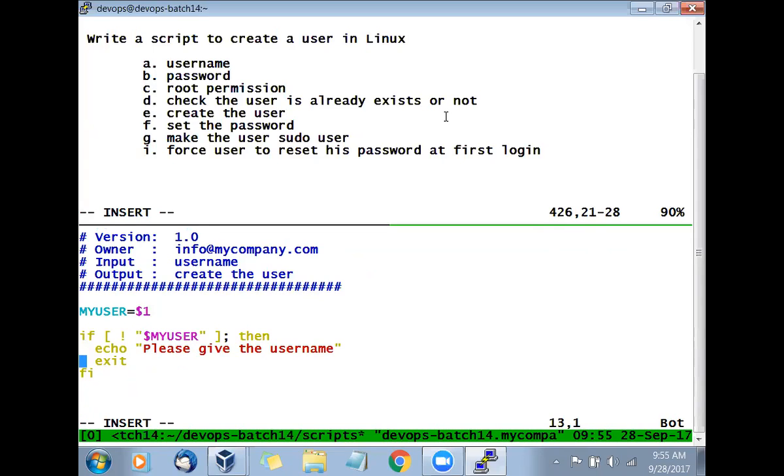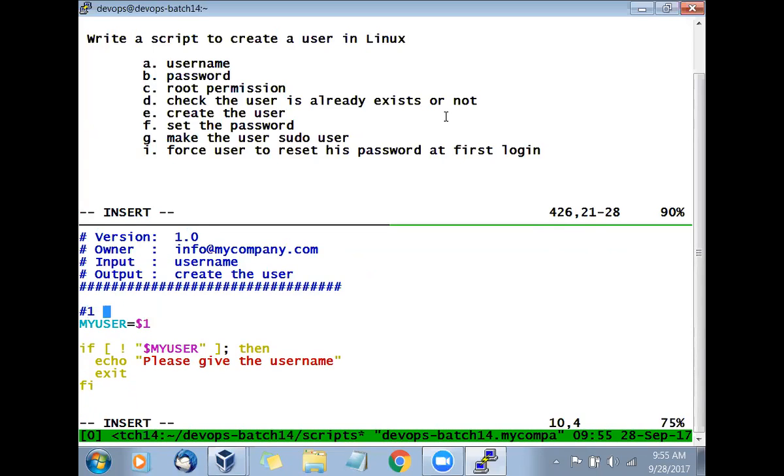So that is our task number 1, right? We are at task number 1. Get the user and check the user is there. It means check that the username has been given or not. Now, when you are going with a real-time script, you have to check block by block. Whenever you write something, break the script into small pieces and then check it. Don't write 1,000 lines and then check it. No. Small block, check it. Small block, check it, and then go further.